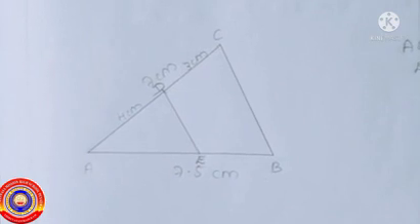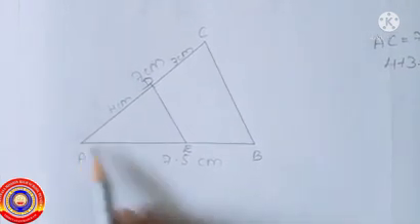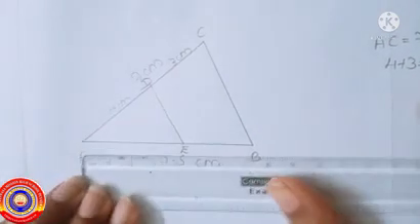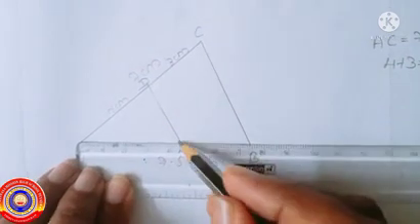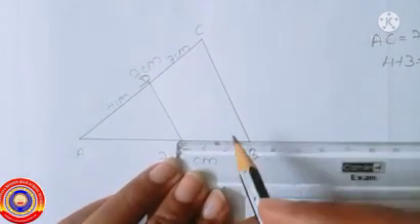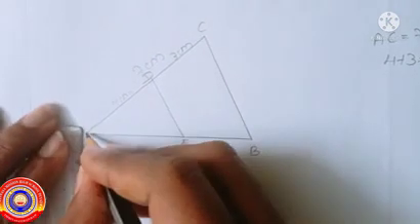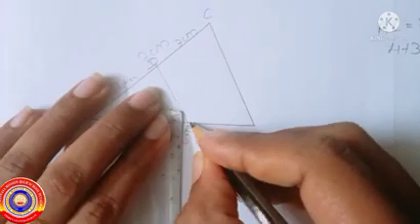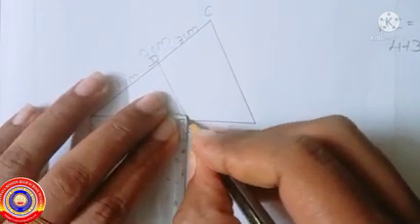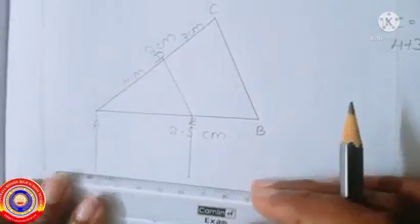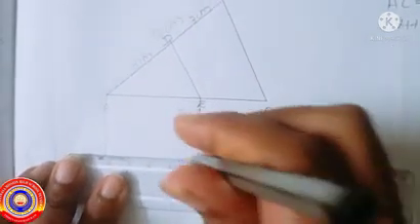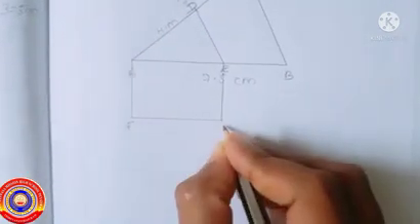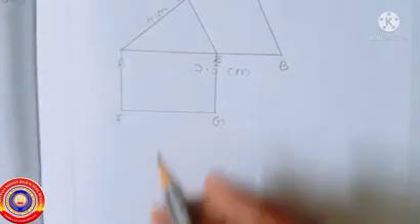Next, we want to draw a rectangle. That is, draw rectangle AEGF whose length is AE and its breadth is EB. So the length of AE is 4.5 centimeter and the length of EB is 3 centimeter. So take EB as the breadth. For that, measure EB, that is 3 centimeter. That is the breadth of the rectangle. So measure 3 centimeter and draw lines on both the sides. After that, join those two sides together. Now we have got a rectangle AEGF with a length 4.5 centimeter and its breadth 3 centimeter.